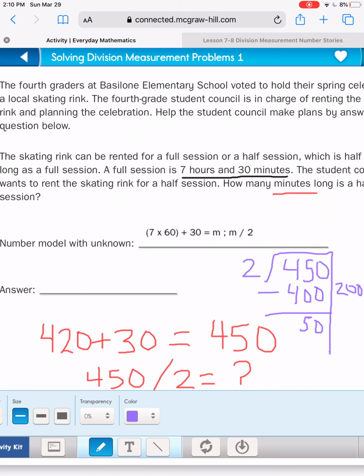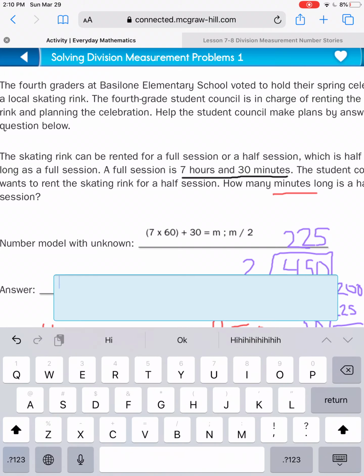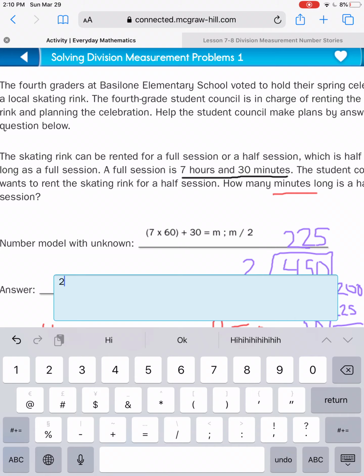And 50 divided by 2 is an easy problem for me because I always think of money. And I know that 2 quarters equals 50 cents. So I'm going to do 25 as my next part because 25 times 2 is 50. And now I'm left with 0. So if I add together my parts, 200 plus 25 is 225. So I'm going to go back to my answer key and fill in 225